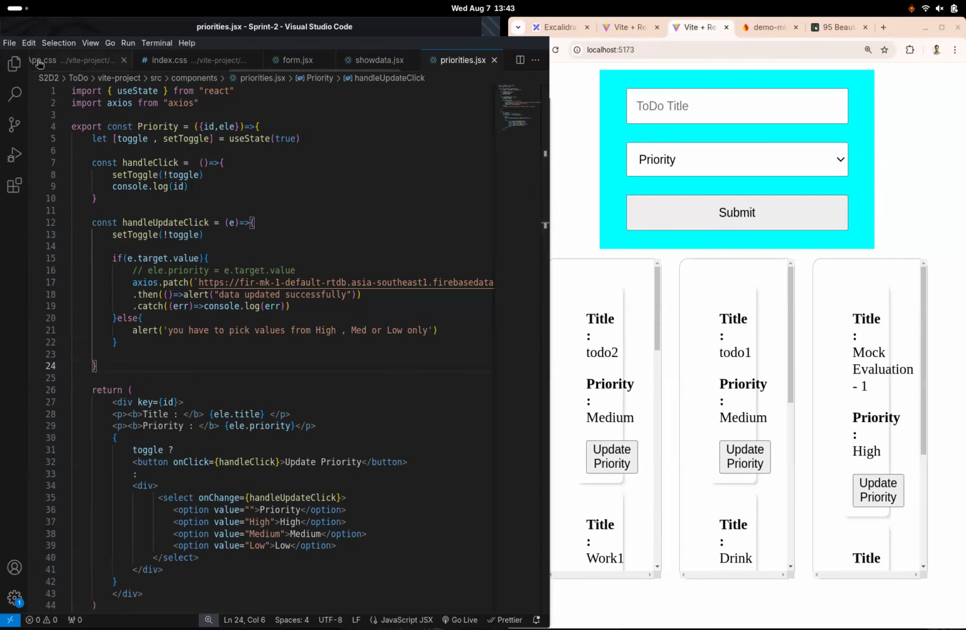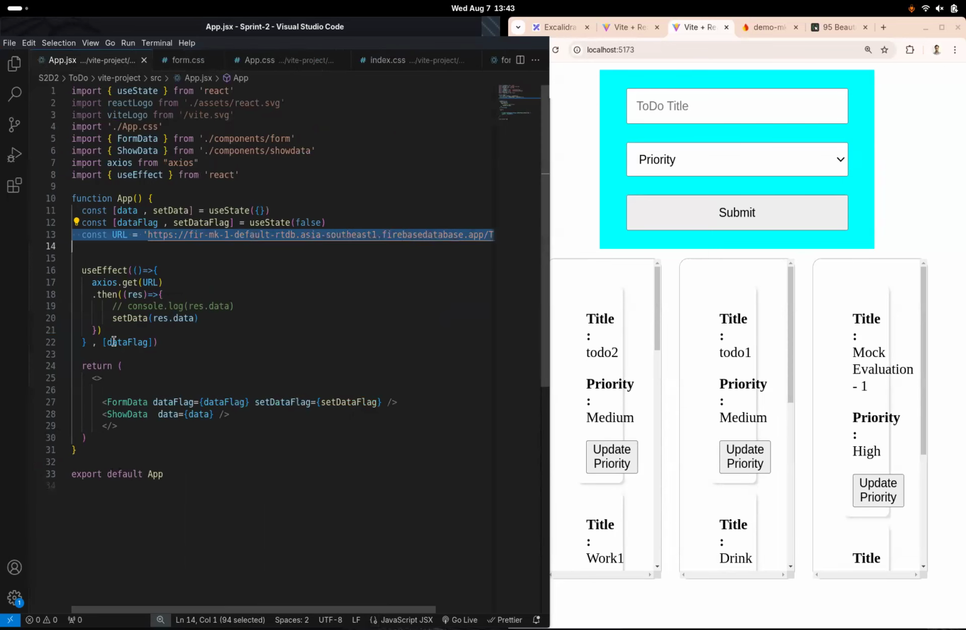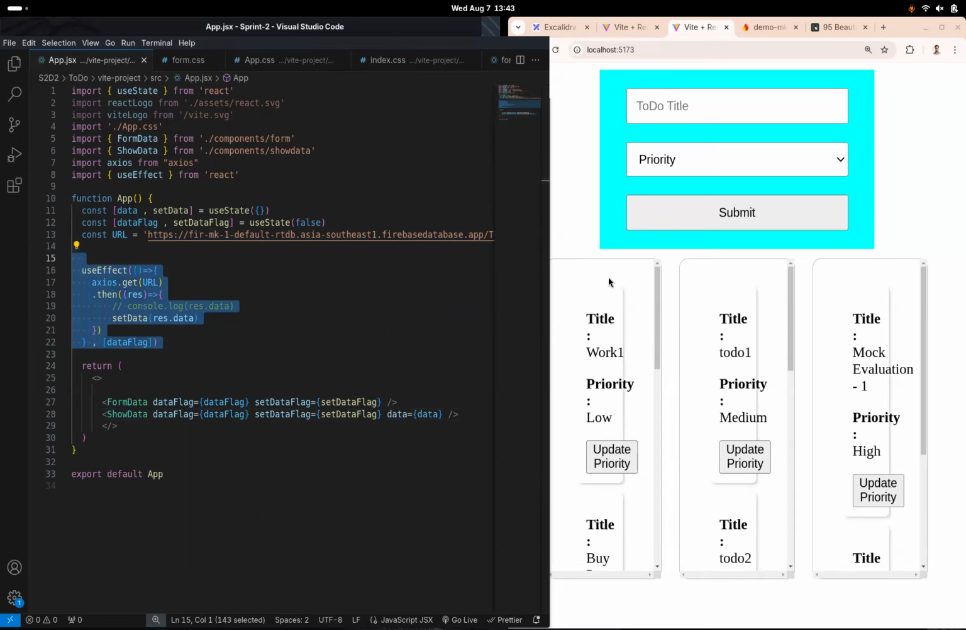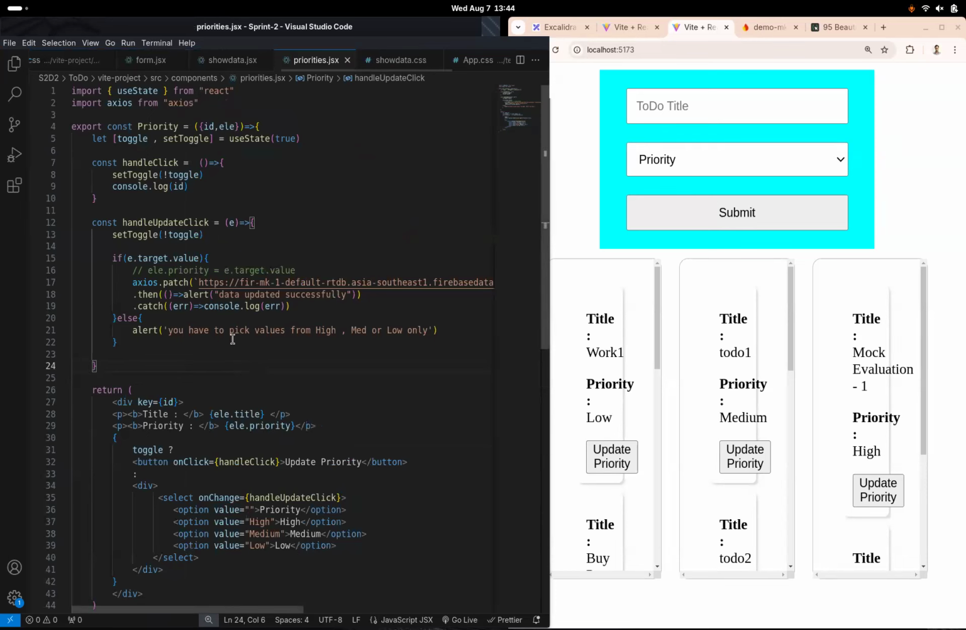Now we'll have to, हमने app.jsx में we have done that. In app.jsx we have done this data flag, so we can do the same thing with show data also, right? Basically we'll have to call this use effect again so that the data gets fetched again. Everything starts from initially, right? So we are doing the same thing again. Let's go and show data. In show data, priorities में था वो. And over here, whenever we are doing the change,